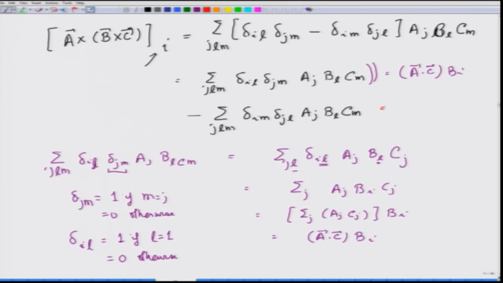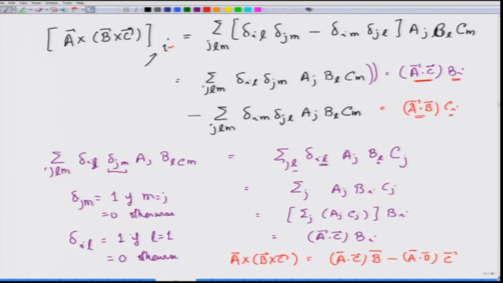Similarly, I leave it for you, you can show that this will come out to be A dot B C i. So you can see that the ith component of A cross B cross C is nothing but this dot product times B i, minus this dot product times C i. So the first component is going to be A dot C B 1 minus A dot B C 1, the second component A dot C B 2 minus A dot B C 2, and therefore in general you can write A cross B cross C is equal to A dot C B vector minus A dot B